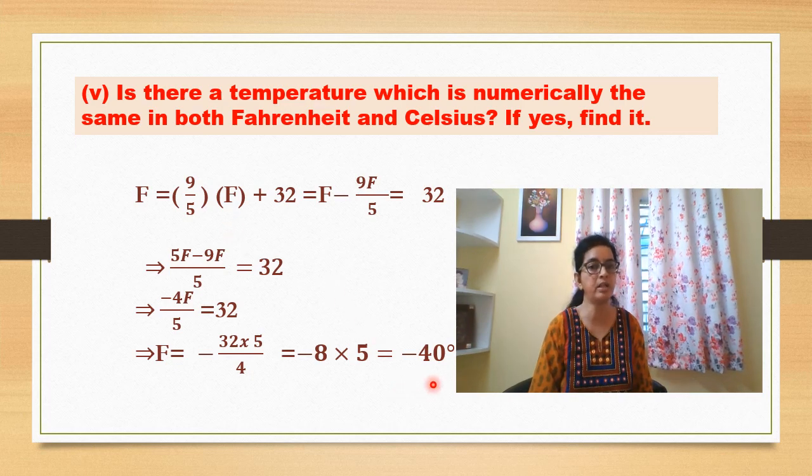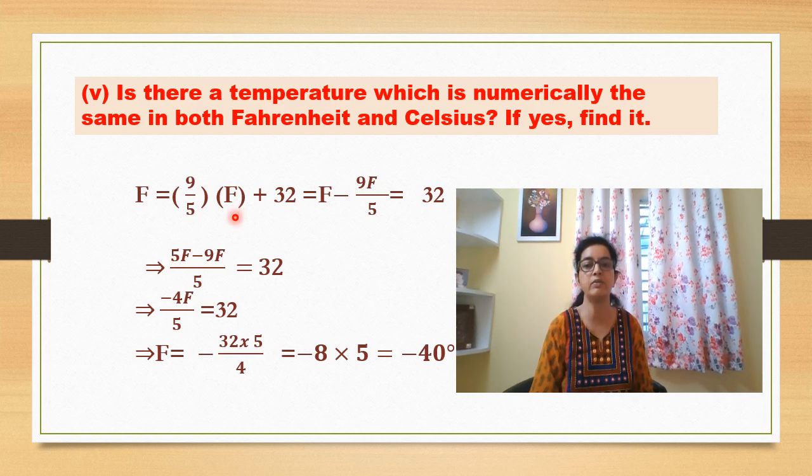We have already plotted it in the graph. Now we are going to find out how it came. How did we come to this result? Now here you see the formula is as it is: F is equal to 9 upon 5 into C plus 32. But here I am not using the letter C, I have replaced C with F. Do you know why I have done it? Near 9 upon 5, you cannot see C, but you can see an F. Why? Because it is in the question that both C and F are equal. So we can replace C with F.